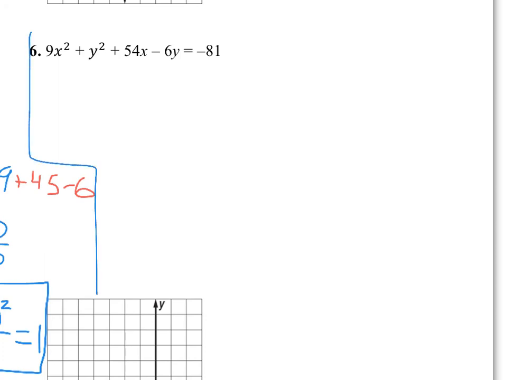Okay, for number 6, this is an ellipse. We can tell it's an ellipse because they're both squared, so that rules out a parabola. There's a plus, they're both positive, so that rules out a hyperbola. And the x squared has a 9 in front, but the y squared has a 1 in front, so that rules out a circle. Okay, so for the equation, we want to do what we normally do, put the x's together,